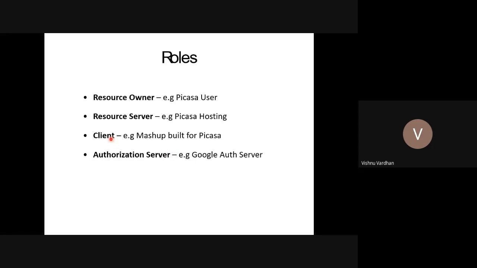Clients are nothing but third-party resources where they are going to get your customized profile information or customized photographs information made available to them by using these authorization servers. So in that way, some predefined roles are there, and every role is important for accessing and presenting the data which is not of their ownership.